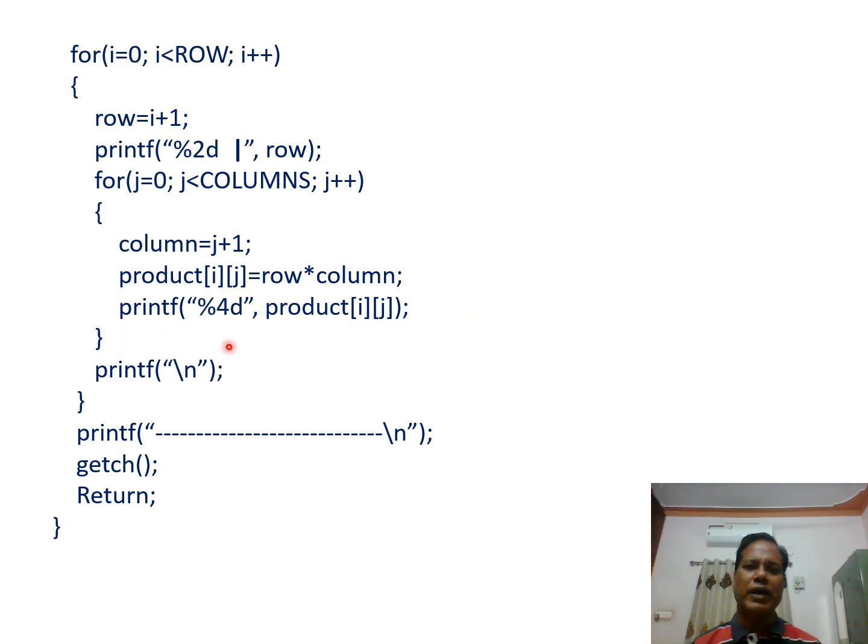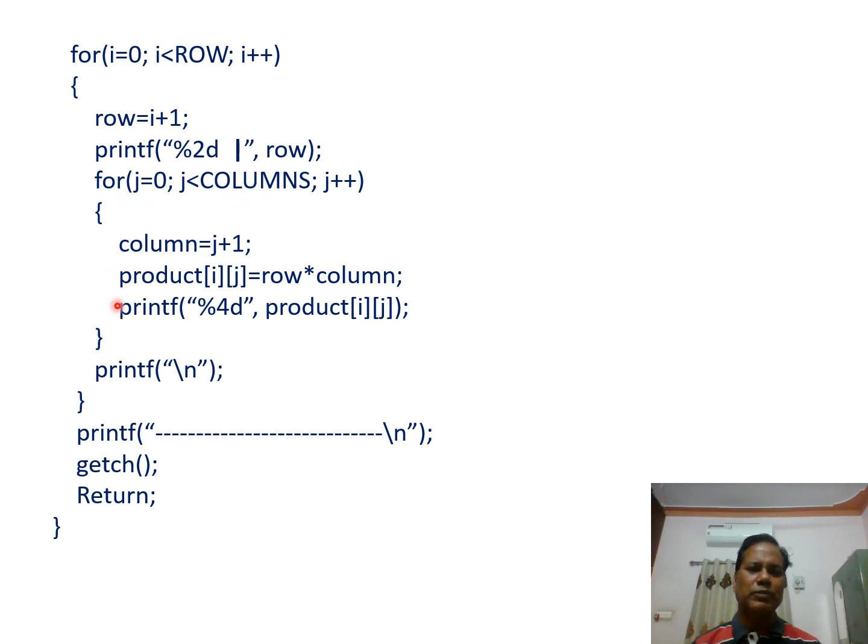In this way, again the value of j is incremented. So again the body of the for loop is executed as the condition is again true. So this condition is true till j is equal to 4. 4 is less than 5. So after that, the fifth column space, the fifth element value in the first row is printed. When the value of j is incremented, the condition becomes false because 5 less than columns, that is 5, is false.